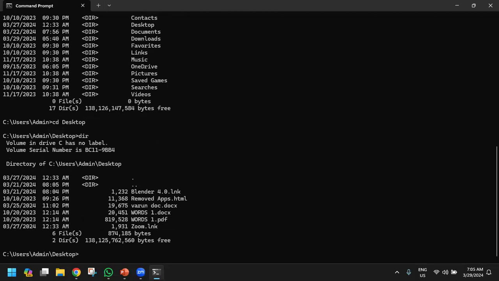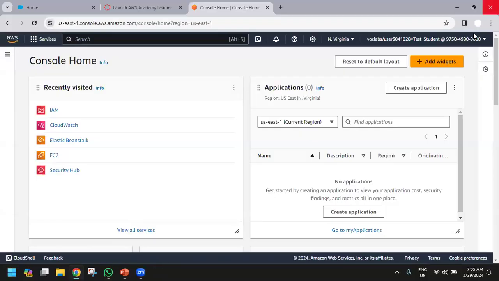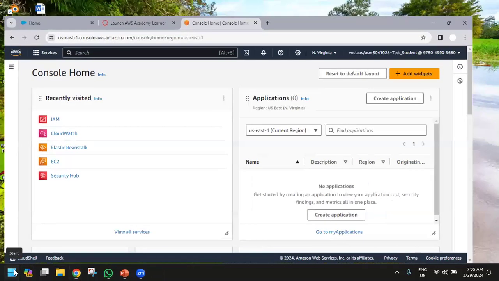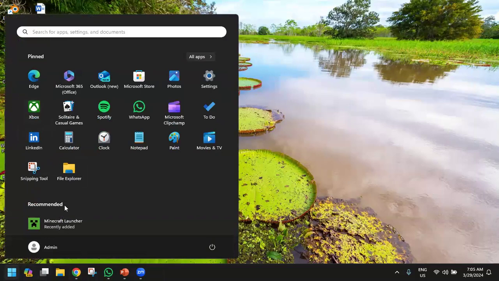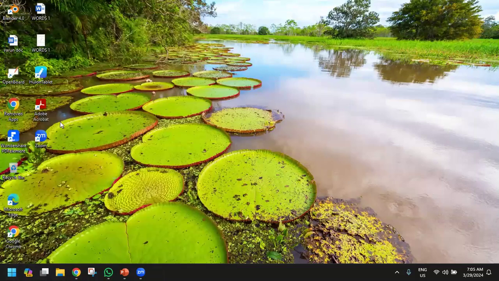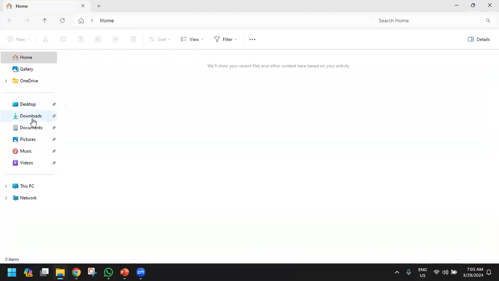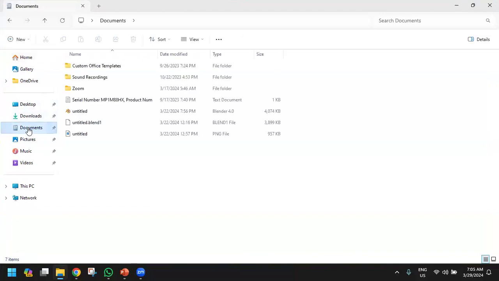Otherwise, what we all used to do in the normal way is we go to the desktop and we try to double click onto something. So if I want to open this download folder, this document folder, I'll just click on this document.